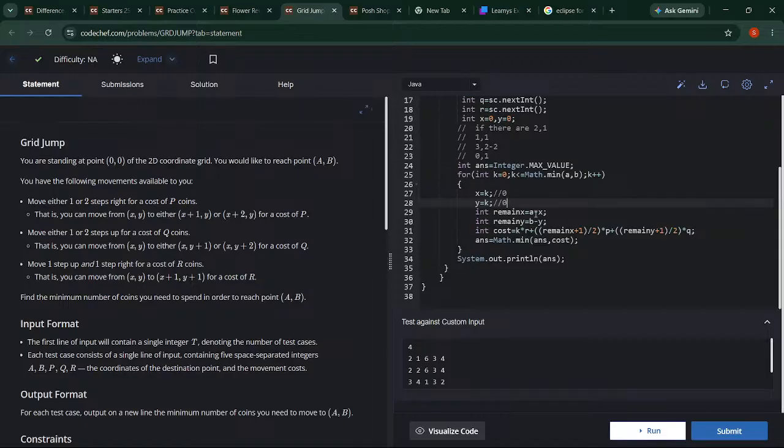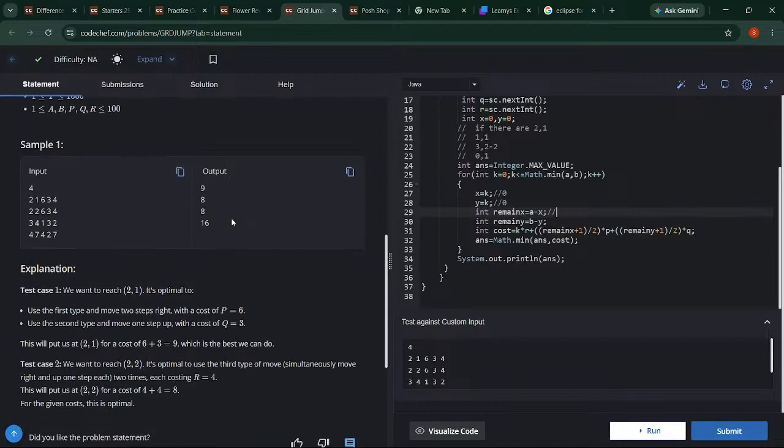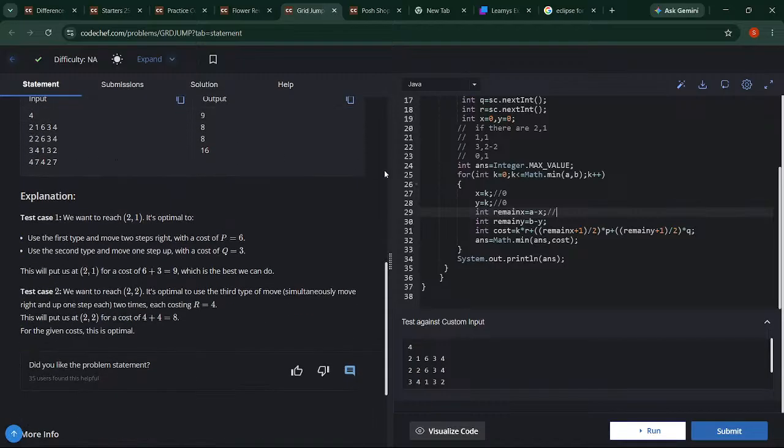0,0 पे है। Okay, assuming we haven't even traversed a single diagonal, so हमारे remaining points will still be the same। ठीक है, तो 2 1 है तो अभी भी हम 2 1 क्योंकि हमने अज्यूम करा, हमने अभी डायगोनल मूवमेंट किया ही नहीं है, वी आर जस्ट ट्राई टू मूव फ्रॉम स्क्रैच राइट और अप।